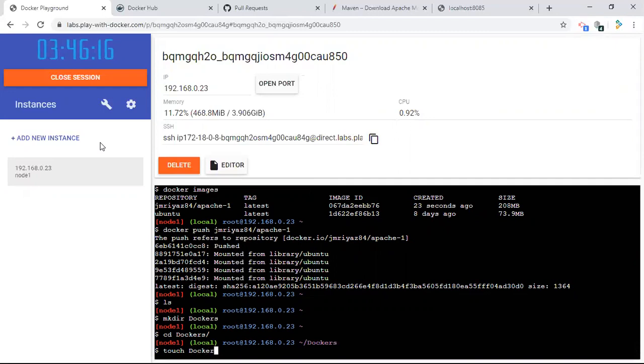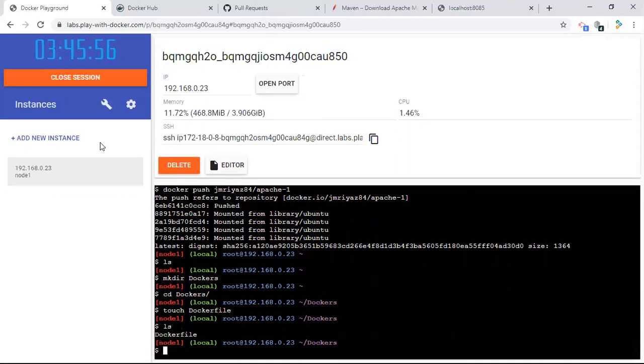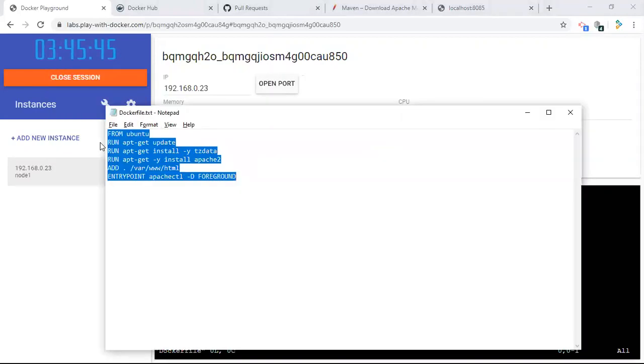You can use any folder name, but the file name should be the same: capital D, then small f, Dockerfile. Only then, when you create the build, will Docker identify which file to execute. So I have created one file. If you run ls, you can see the Dockerfile inside the dockers folder. I'm going to edit that Dockerfile. To save time, I already have the commands, so I'll copy and paste.